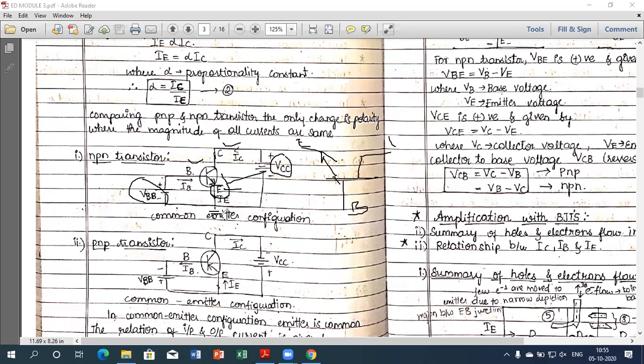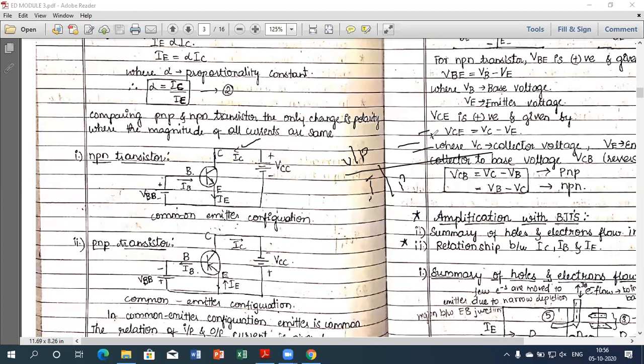So when the emitter is connected to ground, between base and collector, that is input and output. From this we can say that the current gain for such a configuration again is given by output by input, the same thing we discussed previously. So in this circuit diagram, the output is what? Here the output is nothing but IC.